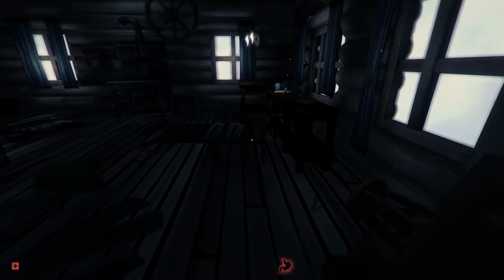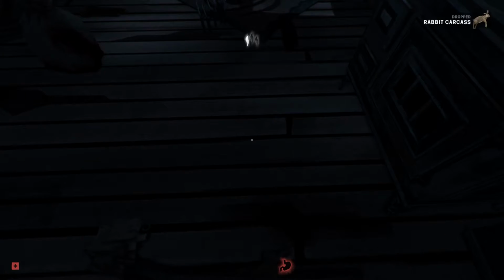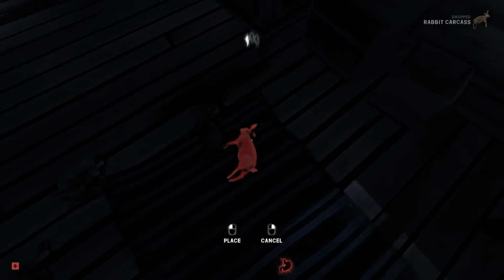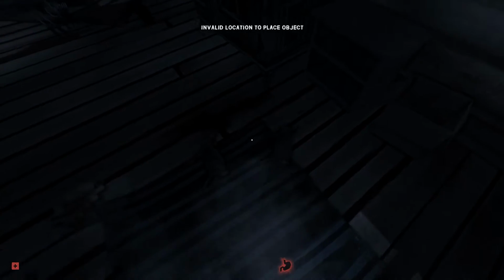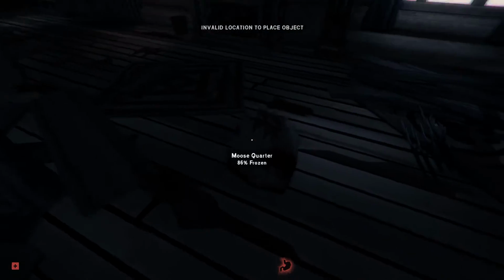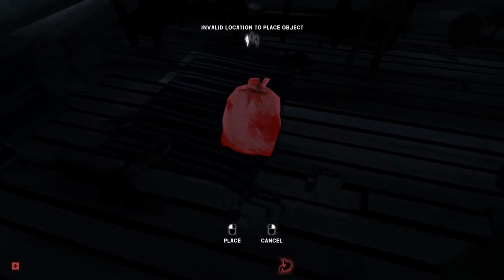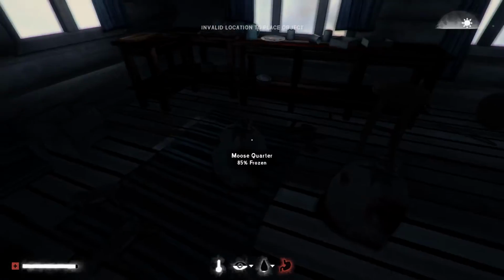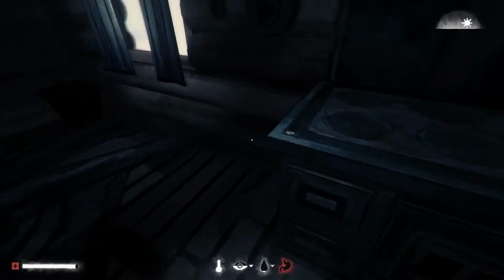Okay, all right, no, that's fair. Here, we'll drop the rabbits down on the ground here. They're still a little frozen. Same with these moose quarters, they're a little frozen. We'll get a fire, we'll get them thawing out. We're just gonna make a real big fire. We have plenty of